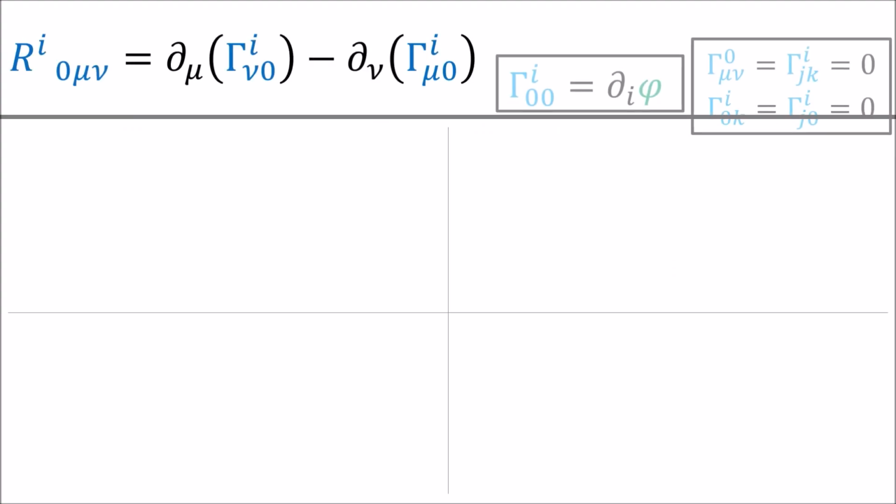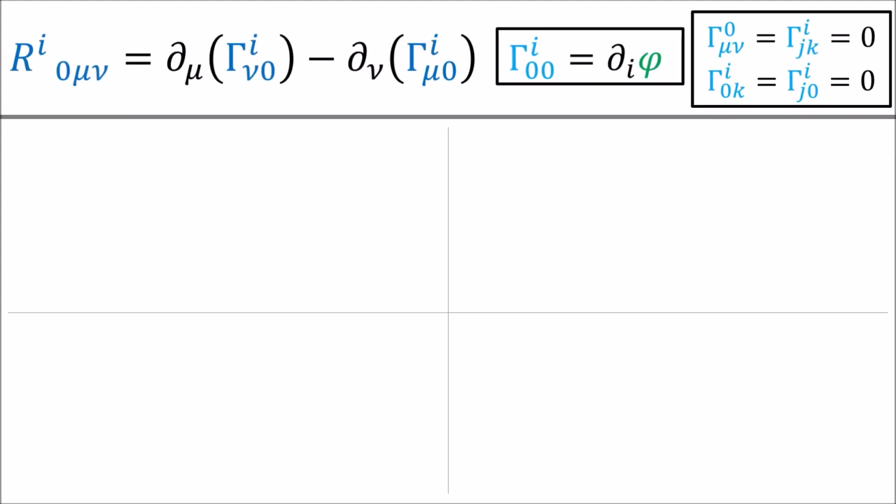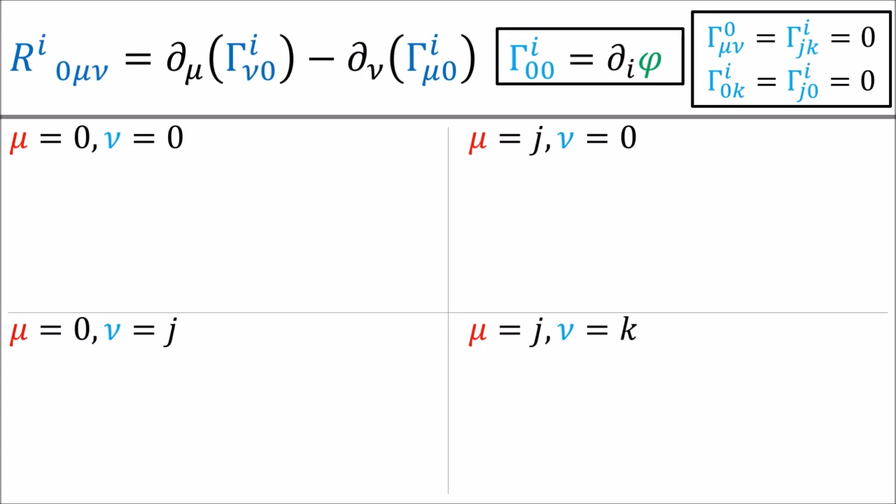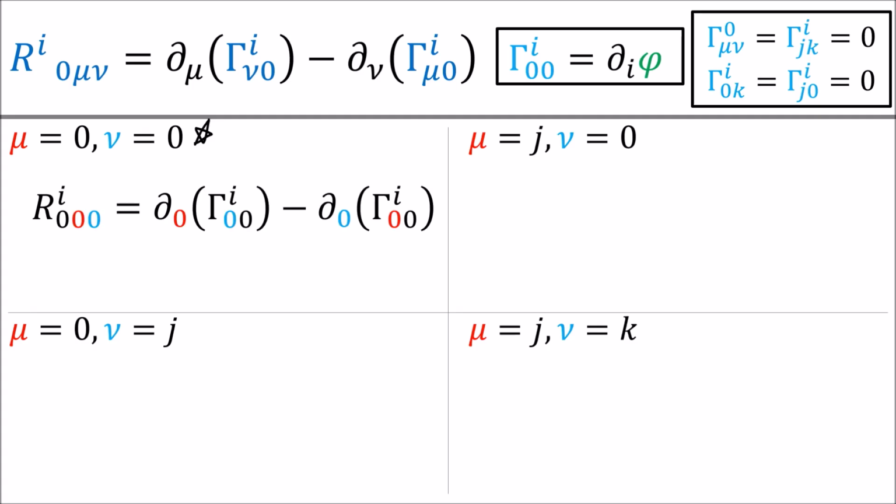So given this formula and the connection coefficients, we can calculate the remaining 4 cases for the non-zero Riemann tensor components. The 4 cases are where mu and nu are both time indices, where mu is a spatial index and nu is a time index, where mu is time and nu is spatial, and where mu and nu are both spatial. When we set both mu and nu to 0, we just get a term subtracted from itself, so these